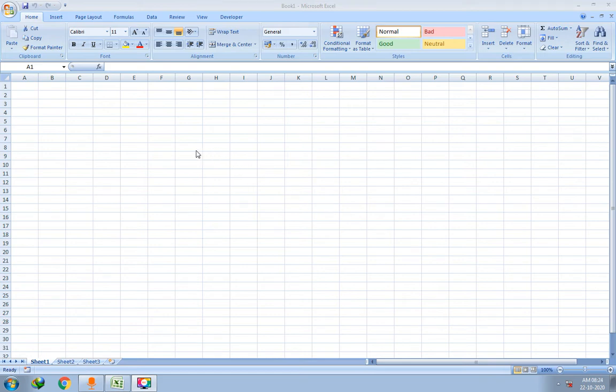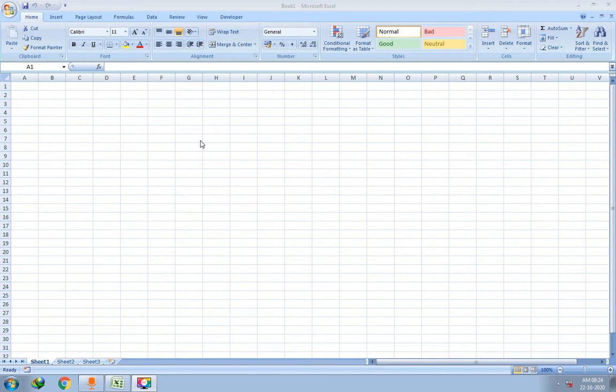So dear students, what does it mean to undo the changes? In Microsoft Excel there is a quick and easy shortcut to undo mistakes. If there is any mistake, then that mistake can be undone. You can move one step back from that mistake.